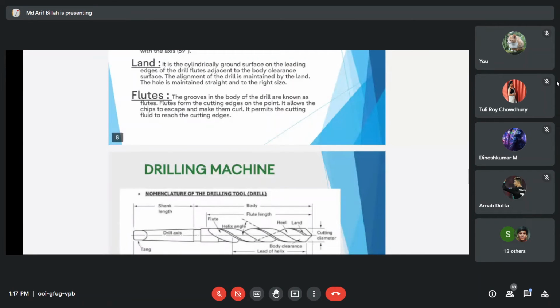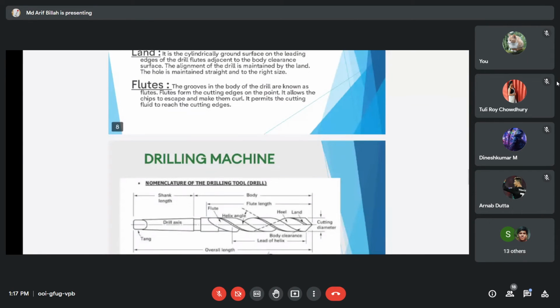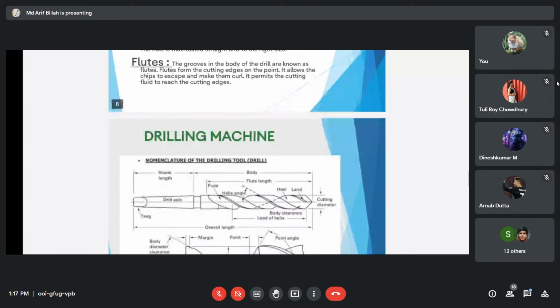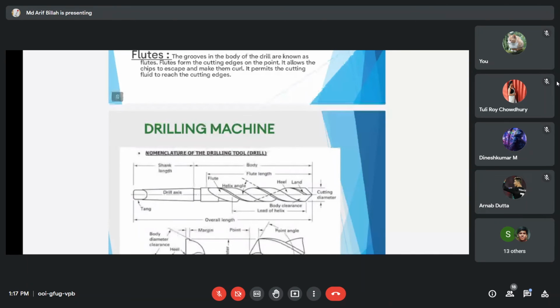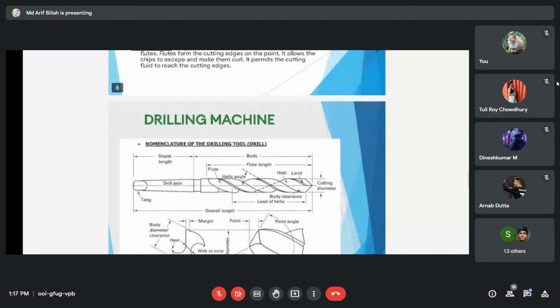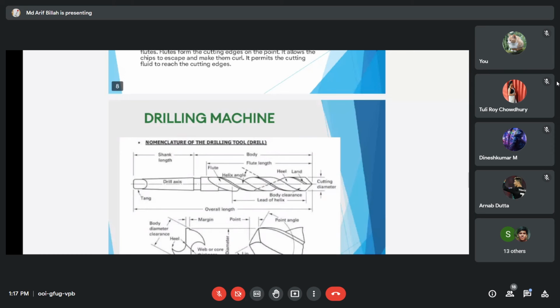Flutes: the grooves in the body of the drill are known as flutes. Flutes form the cutting edge on the point, allow the chips to escape and make them curl. It permits the cutting fluid to reach the cutting edge.